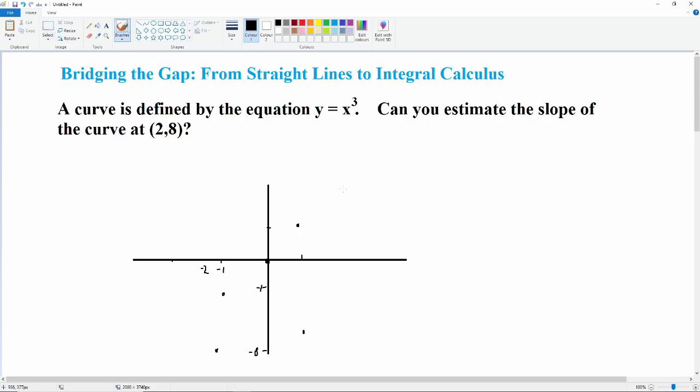And then 2 times 2 times 2 is 8. So if we put our 2 right here, and then we put our 8 right at the top, then we'll have something a bit like this. And then our curve will have a very steep slope, gradually getting smaller as it snakes down and comes down like this. So this is what our curve is probably going to look a little bit like, but that's not a very neat curve. So I want to introduce you to the Desmos graphing calculator,